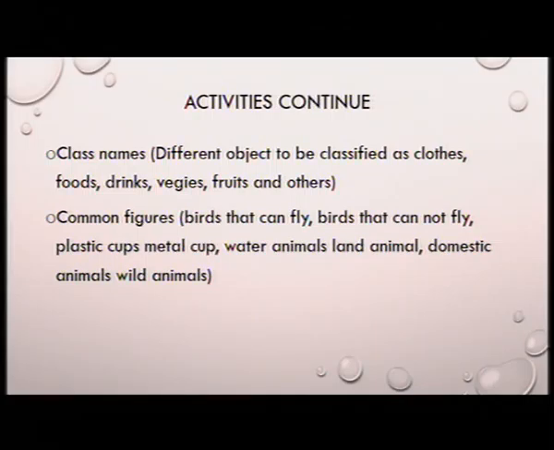Water animals and land animals. For example, plastic cups and metal cups. They are all cups, but some are made out of plastic, some are made out of metal. Some animals stay in water, some animals stay on land, but they are all animals. So they are just classified according to their common